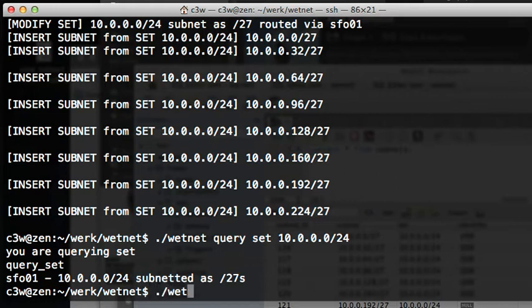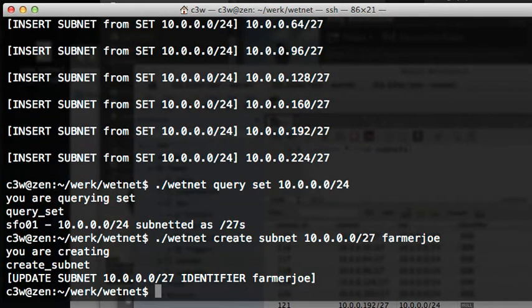Here we're going to create a subnet. So we have a customer, or we have a project, or we have something that has an identifier, and we're going to create a subnet. We're going to start out on the first one there that we allocated, so the very first one, and we're going to call this Farmer Joe. This is just following the example.txt file that's included in the code base. So there it goes. This first /27 is there, and now we can query it